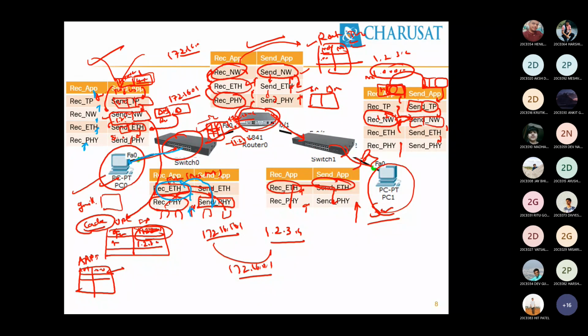Okay, this is the time for a break. After the break, we will continue with the routing algorithm. Switching algorithms, or how the switch prepares the switching table, is not part of the syllabus. Still, if needed, we will go into it, but my concentration will be the routing table.